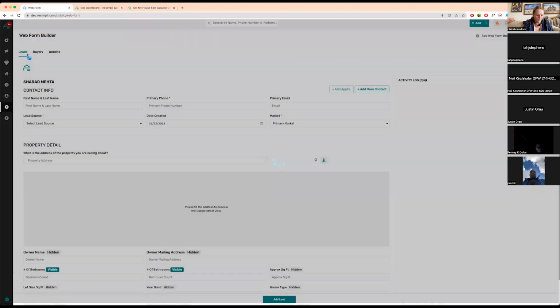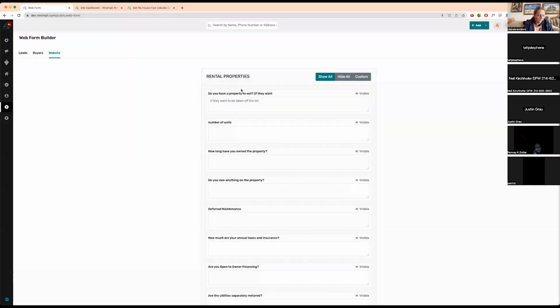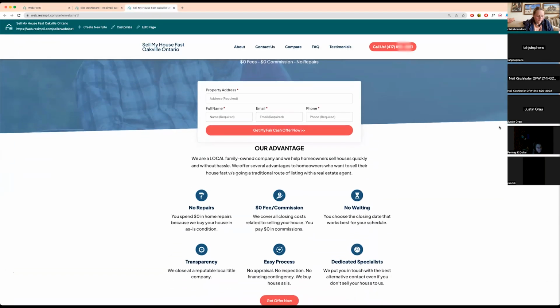So you go into web form, you'll see an option for website now. So you can choose which questions as step 2 you want to have be visible. So I can do hide all, I can do custom. So I can only have this visible, this visible. Actually, let me do this, and these two visible. So I can do that. And then I can go in and then you can update your website, but I'll just quickly give you a